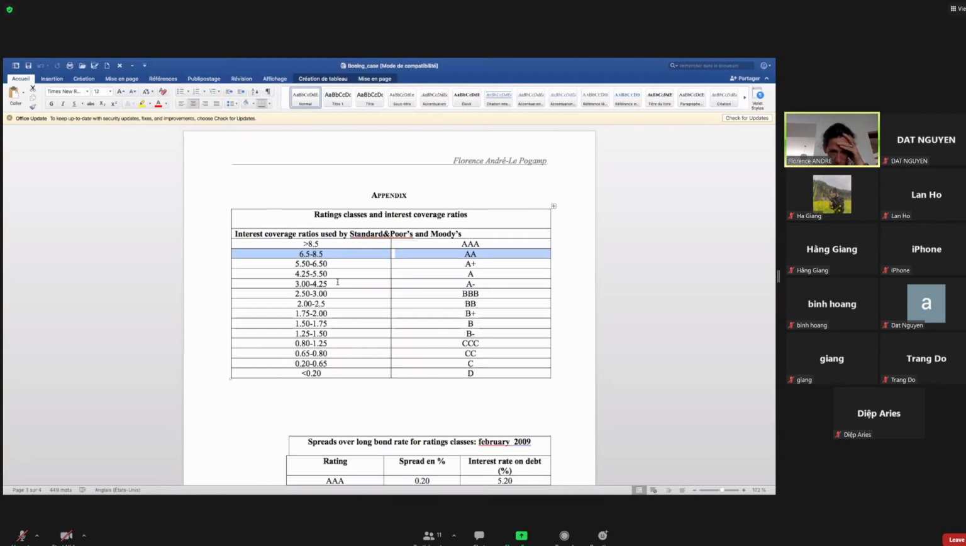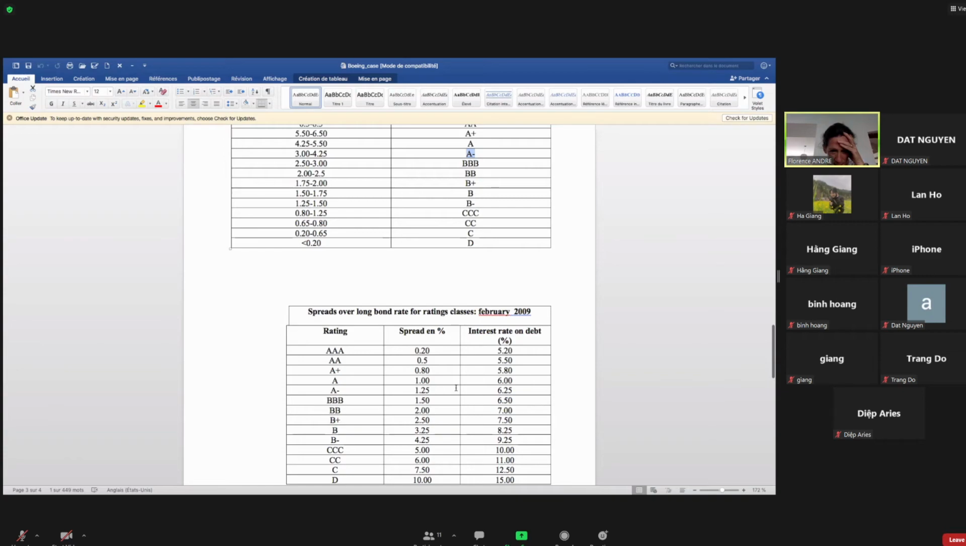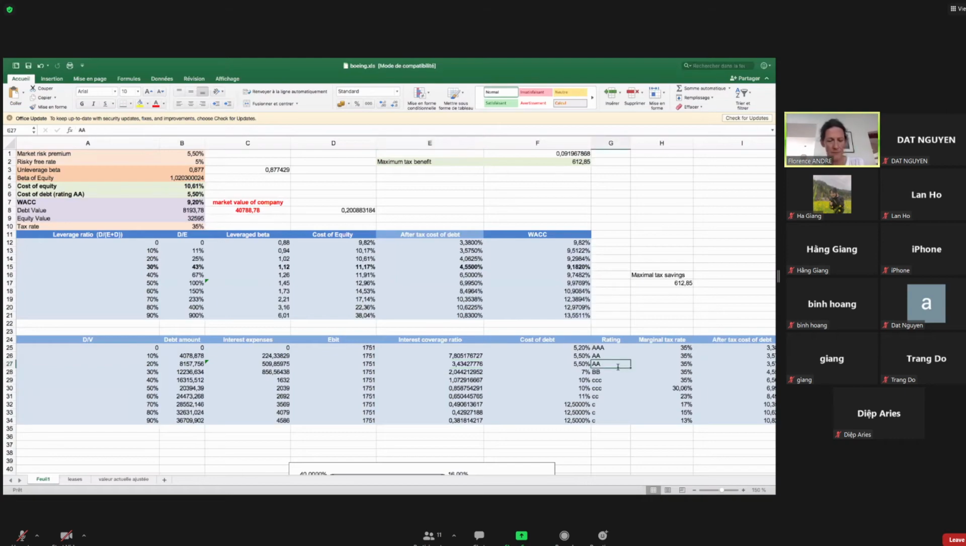Okay, so I have to be A- and not AA. So I will put A-, and if I am A-, I have the rate RD equal to 6.25, multiplied by,